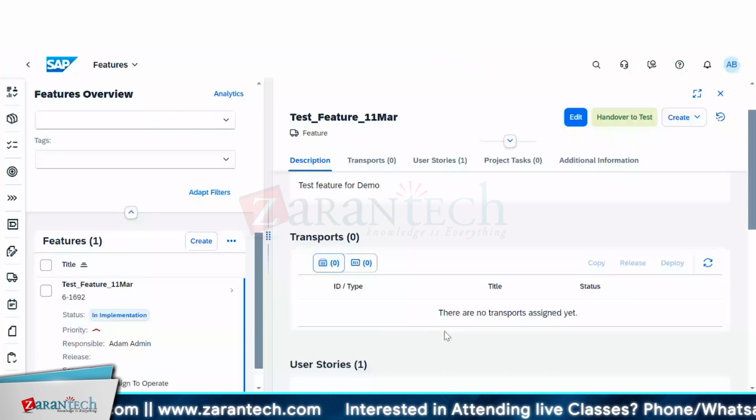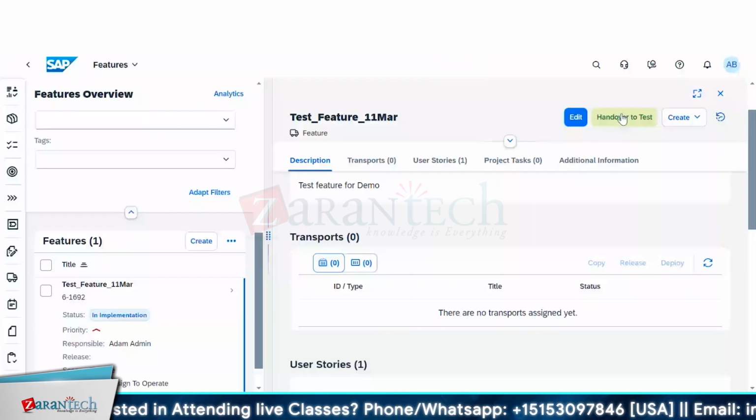Okay. Yeah, the approval thing, right? Like you have approved handover to test, move to production. The responsible person is Adam, the admin, right? Of this feature. So Agatha is approving it. Correct. I'm logged in as Agatha. I mean, Agatha has the authorization to approve it. So Adam, who is the responsible person, will not have the authority to approve. Right. Means in Cloud ALM still,